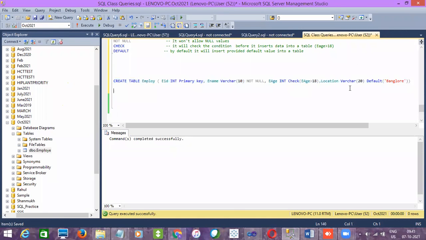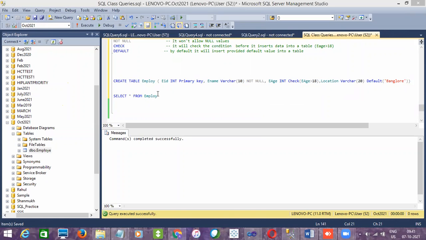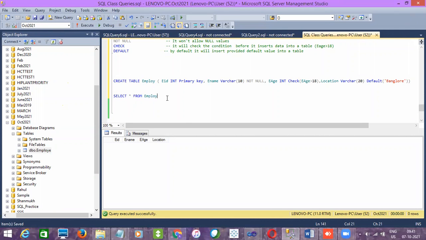Yeah. So select star from employee, right? So if you do, it will be blank data. There will not be any records as of now since we have just created the table. And let me insert data now. Insert into EMP, I mean employee values.